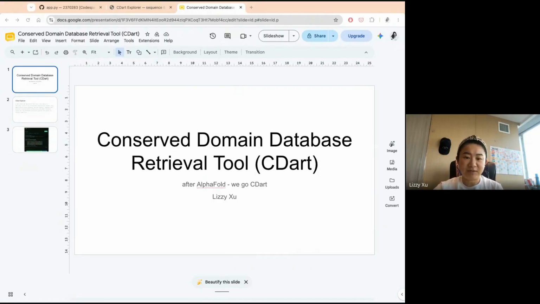I used to live at Cabot when I was doing my graduate studies in biology. I had zero experience in computer science, which is why I'm taking CS50. And I'm trying to apply the conserved domain database retrieval tool in